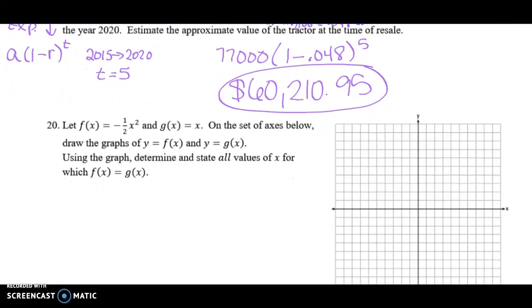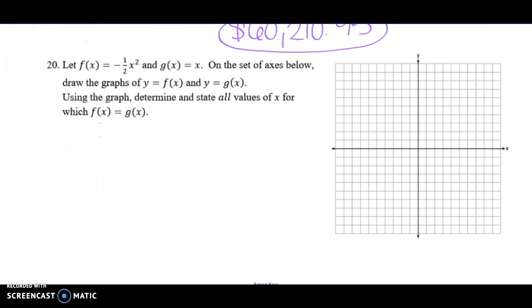Number 20. F of x is a negative 1/2 x squared. G of x is x. On set of axes below, draw the graphs of y equals f of x and y equals g of x. And then use the graph to determine and state all values of x for which f of x is equal to g of x. We're going to do this similar to, I believe it was question 18 or 17, where